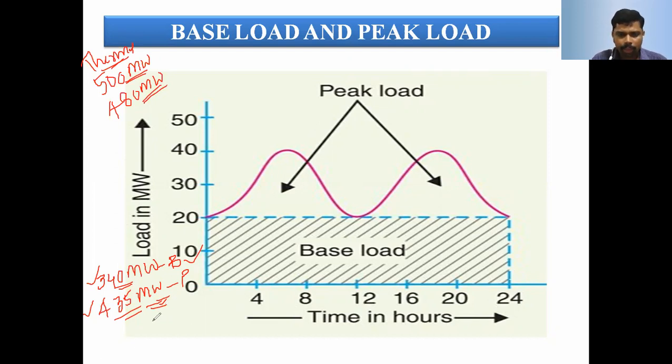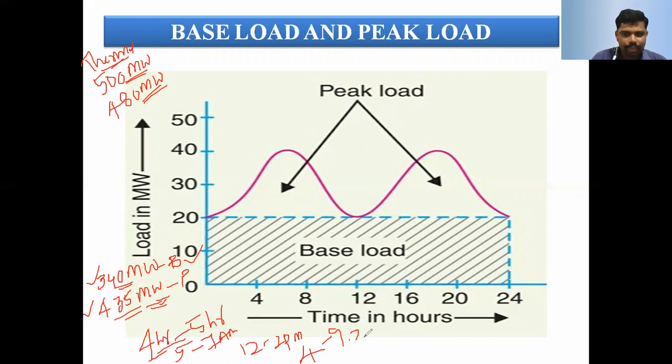On an average, we get peak hours of 4 to 5 hours per day. That occurs three times: early morning, afternoon, and evening. Early morning is 5 to 7 or 7:30 a.m., afternoon is 12 to 2 p.m., and evening is 4 up to 9:30 or 10 p.m. For all the remaining time, the load is considered the base load.